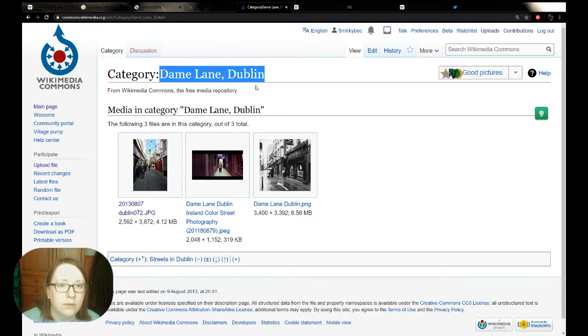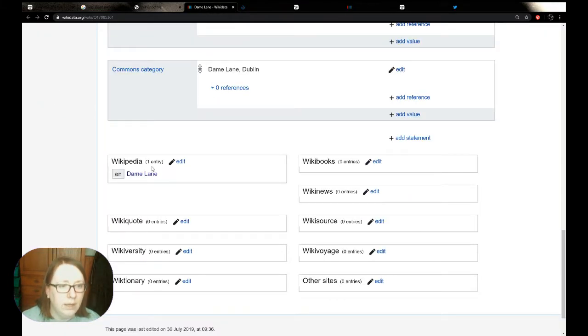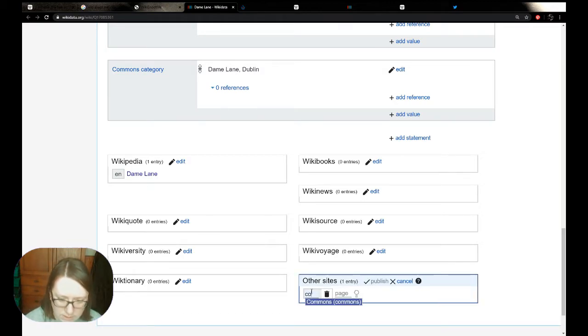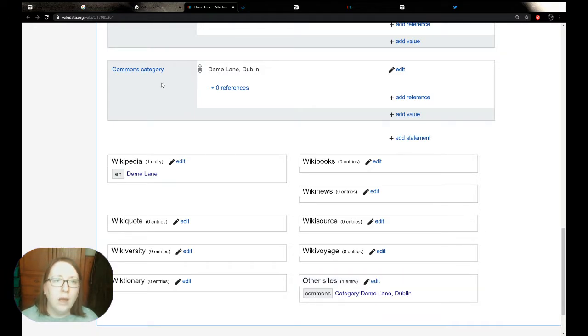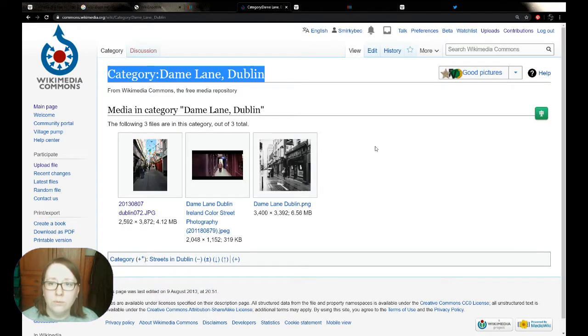And then we're going to also create an interwiki link. You can see that it's linking to the Wikipedia article. There's only an English version of it. If it had associations on the other wiki sites, we would do that, but it's another site, which is Commons. So I put in CO, probably to put in Commons, and then we pop this in here, category Dame Lane, publish. And what this means is that over here, we can now add,